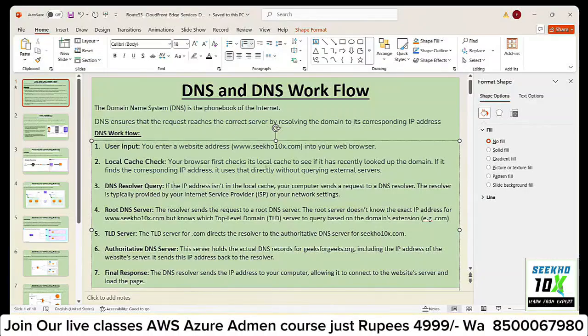So if it does not find your address directly, it will query your external server. What is your external server? Your external server is your DNS resolver query. That is nothing but your local service provider. As everyone is using a different service provider, as I am using ACT and you are using Jio, and someone is using Airtel. So they will send the request to their service provider servers to resolve the query.